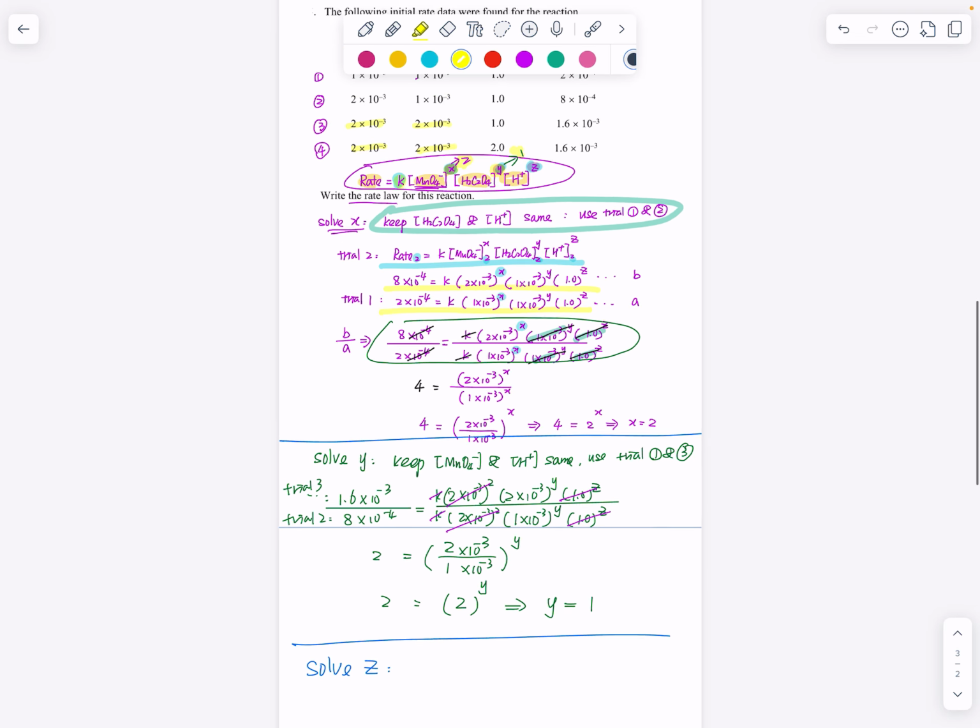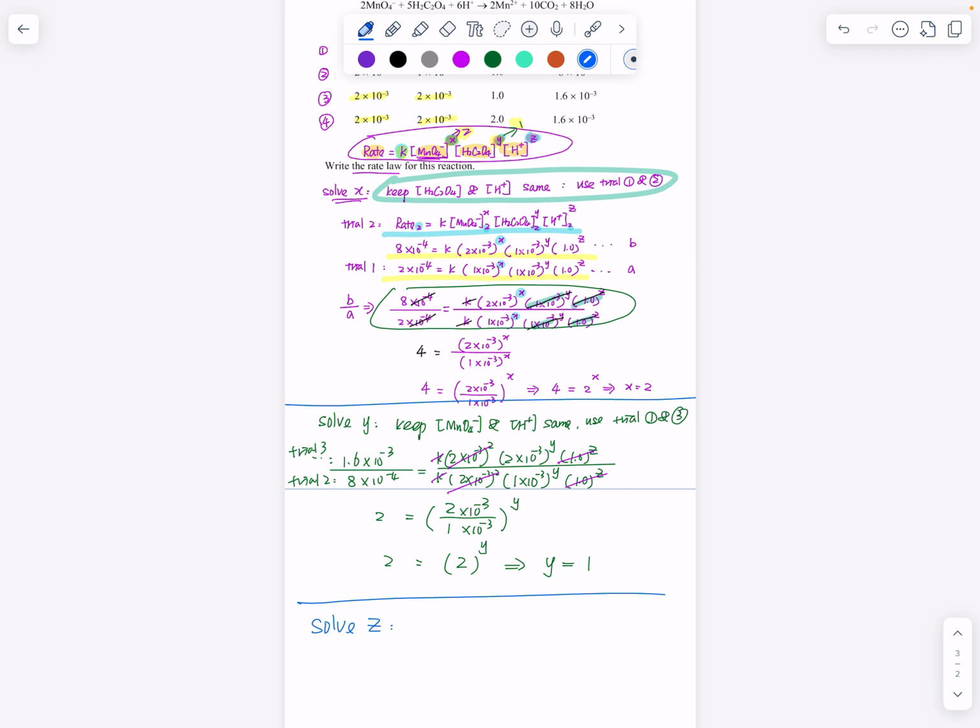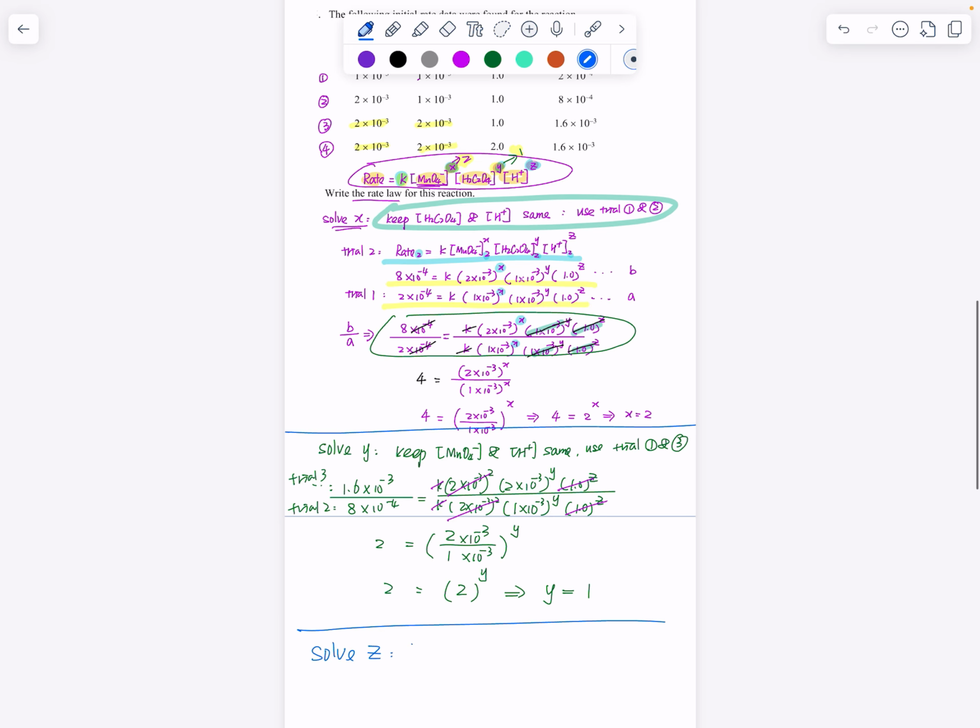But for our question, it's nice because we can find them. In order to keep the first two reactants at the same concentration, we can see trial